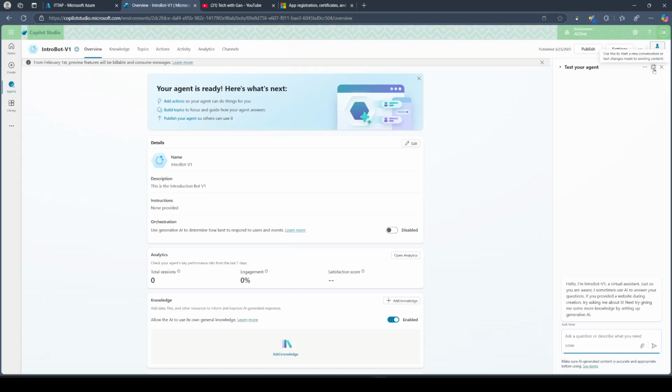So then refresh here on the top right corner. Then here if you say hi or hello, you should get hello there. So that means this is working within this Copilot Studio editor. But now if I go to the demo site,